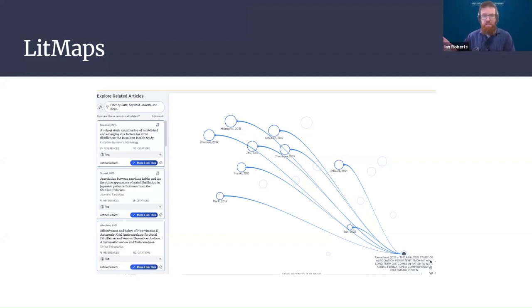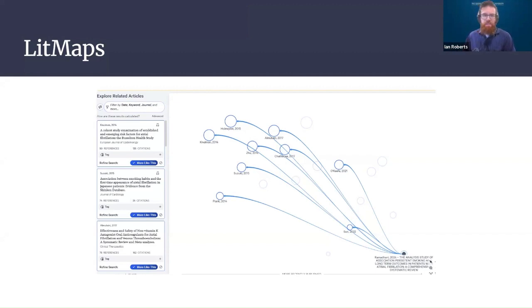I think my favorite thing about Lit Maps is it's not going to attempt to summarize any of these studies. It's going to link you to the abstract, which is great because sometimes there'll be summaries of abstracts, which is kind of silly because the authors already wrote a summary that is the abstract. So you're doing a bad summary of a summary. This one does not fall into that trap. It's just going to try to lead you to the abstract.